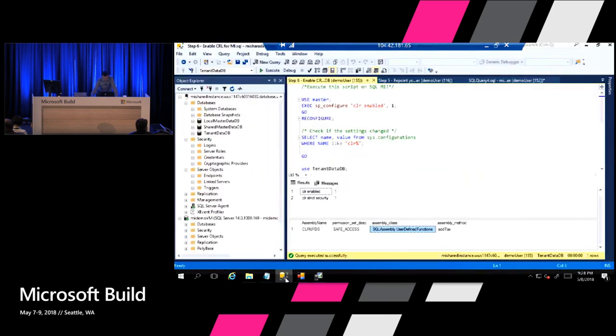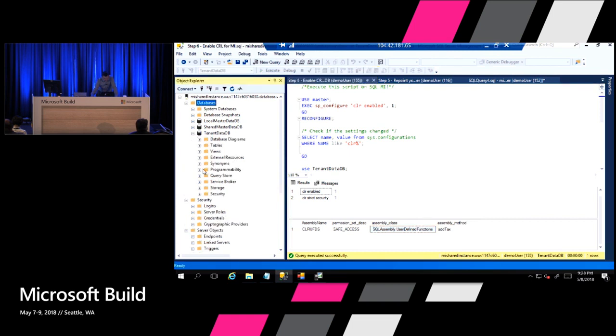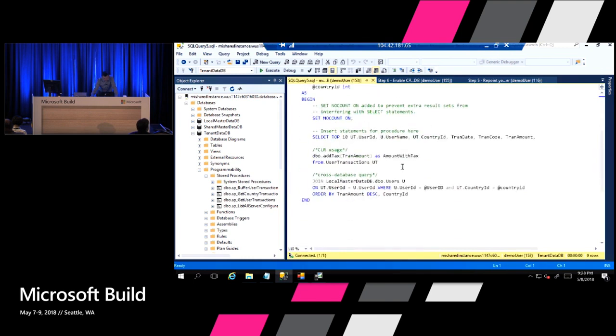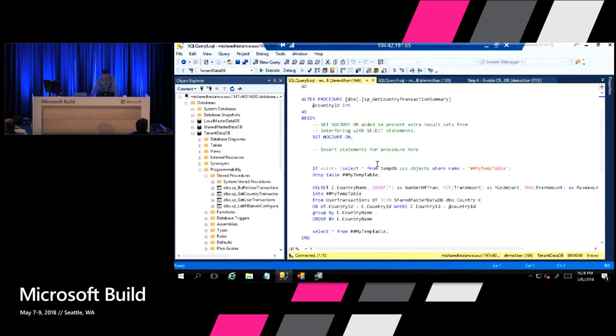But I can go to these procedures that are located in this database on the managed instance. And let me show you. So this one is actually using CLR, and this one is using cross-database queries between multiple databases, so it just works out of the box. And this one is using another feature that is really unique to the instance.